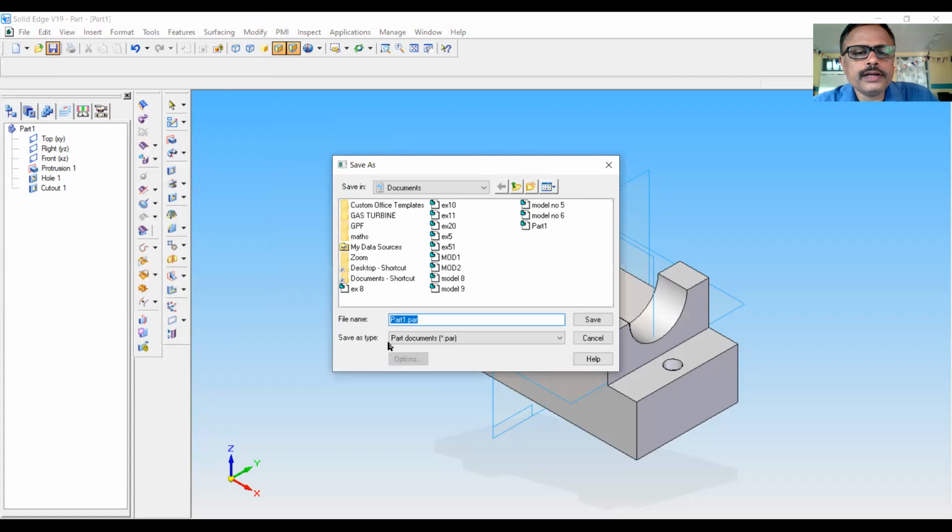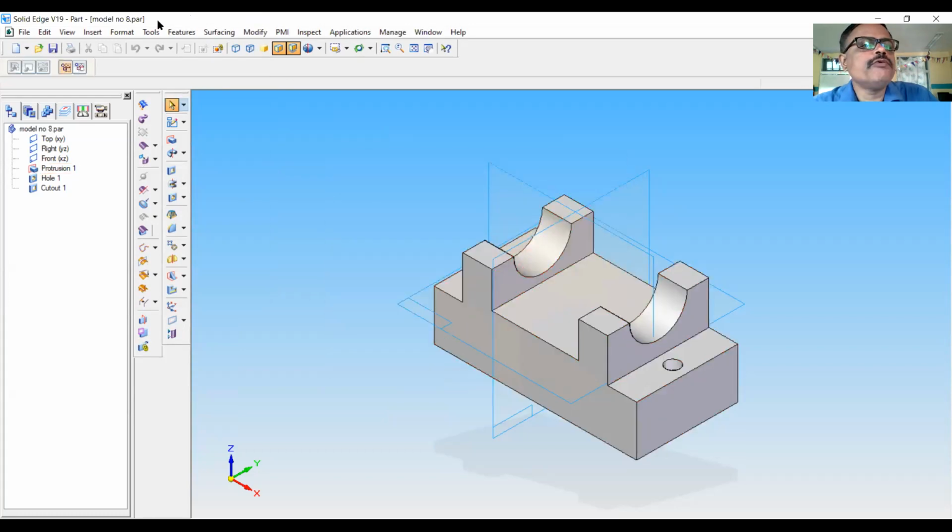Type the name as model number 8. You can give any name, only to remember that I am doing model 8. Save. Now the file is saved with .par extension. That means it is a part file.